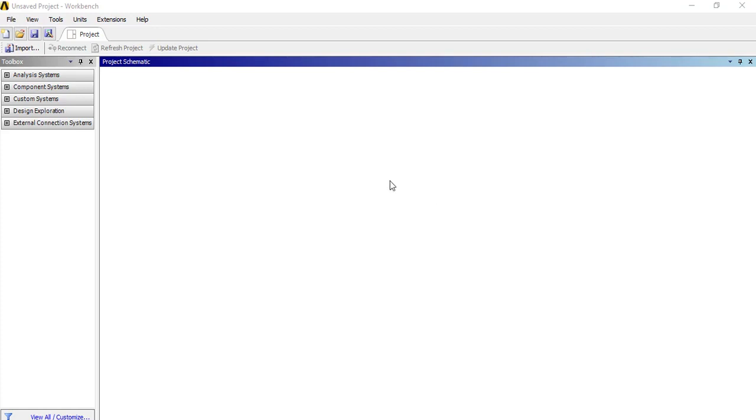Here on the left side, you will be able to see different toolboxes. There are 5 toolboxes. The first one is the analysis system toolbox. The second one is the component system toolbox. The third one, custom system. The fourth one, design exploration. And the fifth one is external connection system, of which we are going to mostly use the analysis system toolbox and